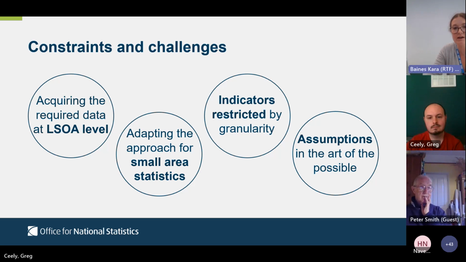And the third challenge on here is, again, due to digging deep into the granularity. So for LSOAs, sometimes there wasn't a suitable substitute. So we had to move from a granularity of LSOA maybe to MSOA, which is a middle super output area, or maybe to ward as well. So we've just had to make some assumptions and really run with the data as we had it. And in order to do that, we've demonstrated the art of the possible for this.